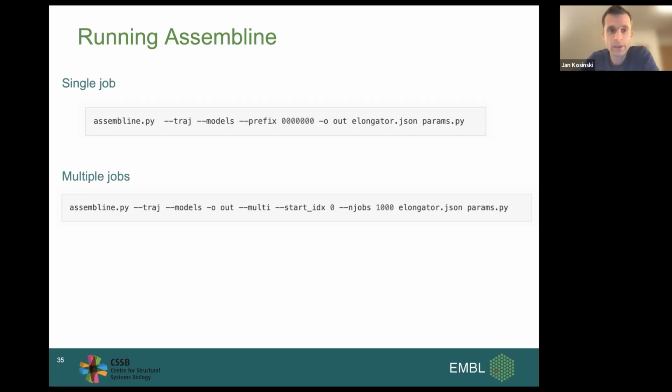So it's just a simple command for a single job, and we also provide a command for multiple jobs that would run, in this case, 1,000 jobs or 1,000 different modeling trajectories, and distribute this on the cluster, and you define your cluster submission script in this parameter file.